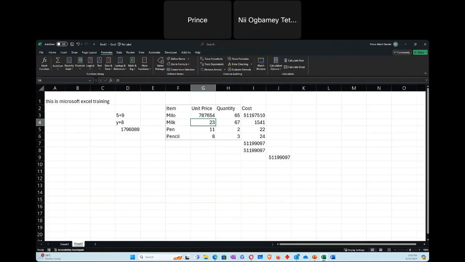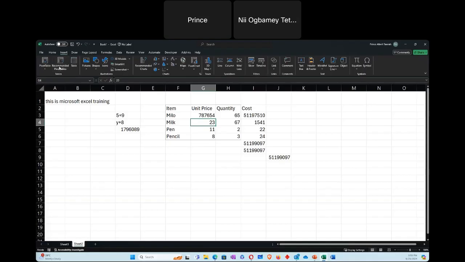It's not very clear. My question is how best Excel is used for data visualization. So Excel is awesome for data visualization. And one of the tools for data visualization in Excel is pivot tables. It's awesome. And you can create your own dashboard once you have your data and all of those things. But this is just, the time is short, just introductory. But I'm sure when you contact the training center, they have extensive training on all of these things, and you can easily get all of these things done.